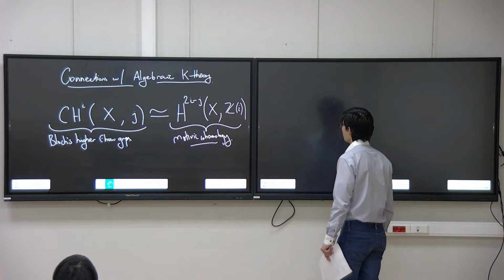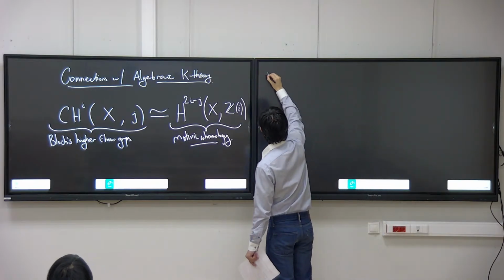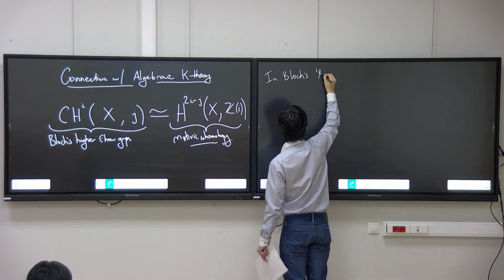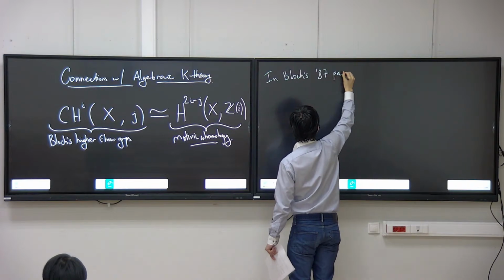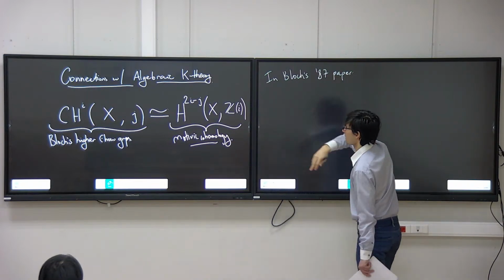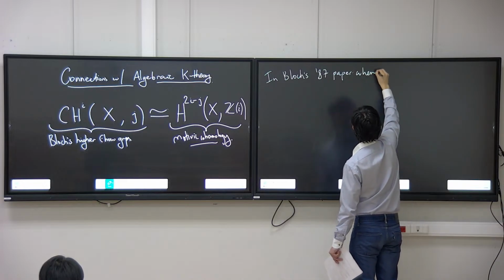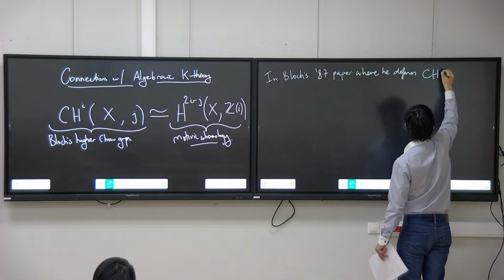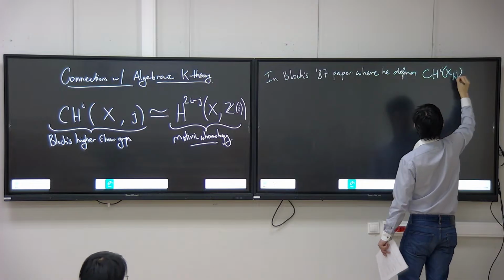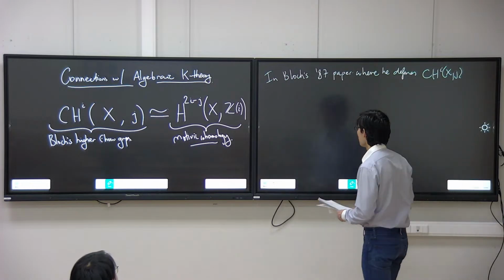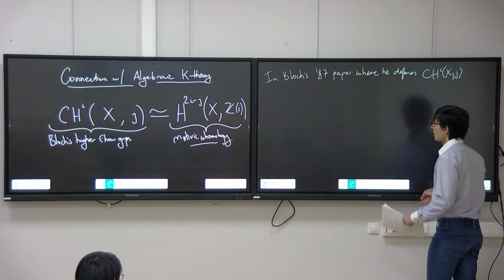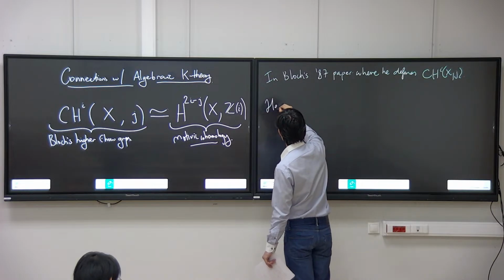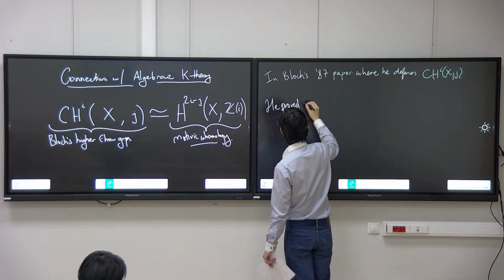Okay, and maybe in Bloch's 1987 paper, where he defines these CH^i(X, j), at that time motivic cohomology was not really available as a type of machinery, but he studied K theory. So he proved the following facts, that let's say for X